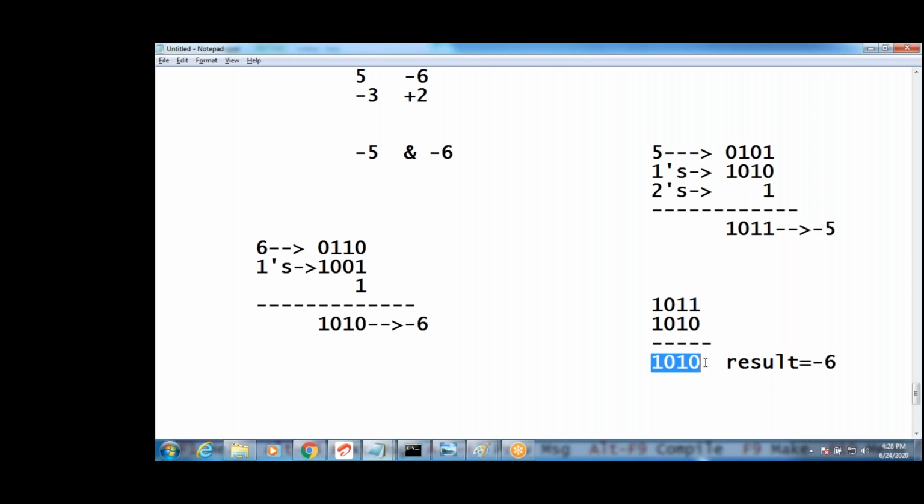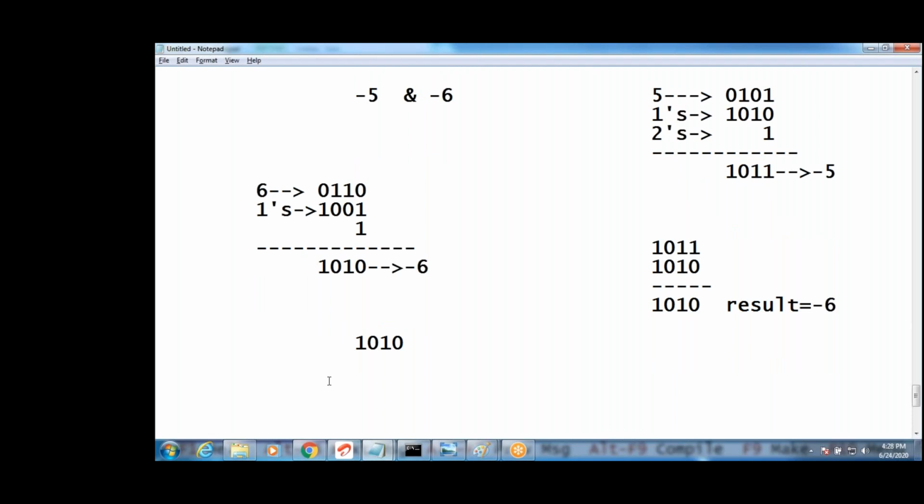Okay, suppose you don't know this, do the two's complement. For 1010, this is the result, right? Positive number we will get. What is the two's complement for 1010? 0101. Do the two's complement. If I do two's complement, then what is the answer we will get? We will get the answer 0110.